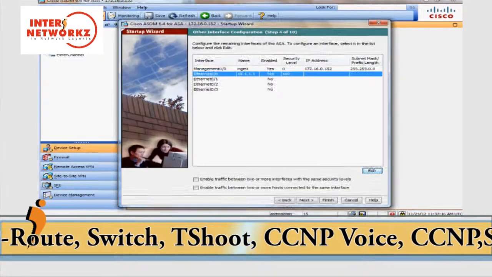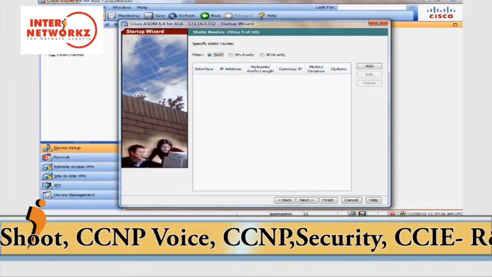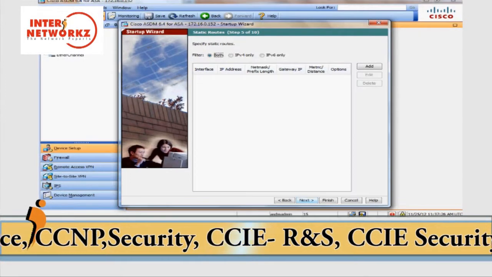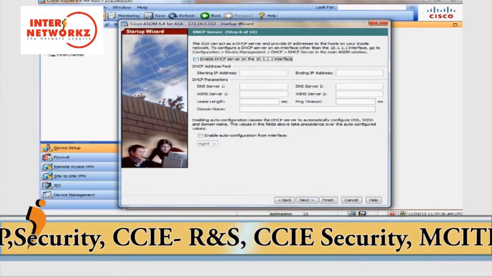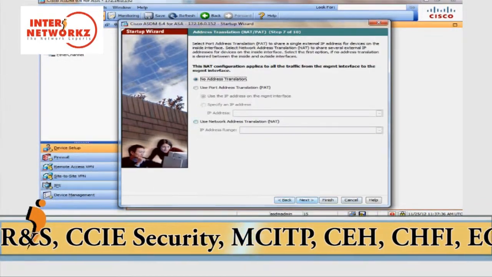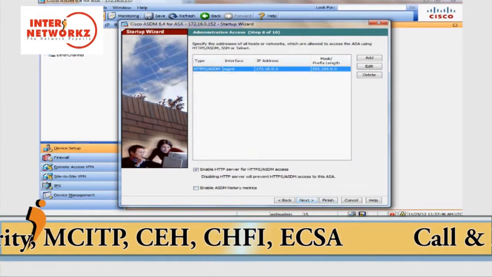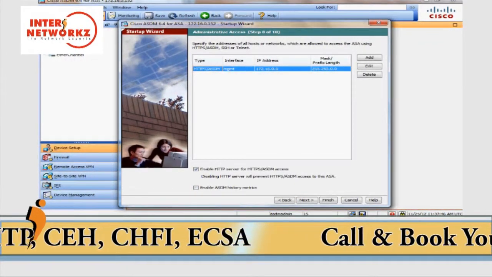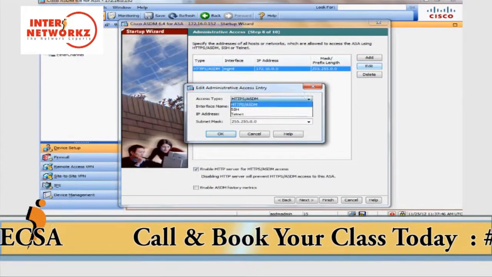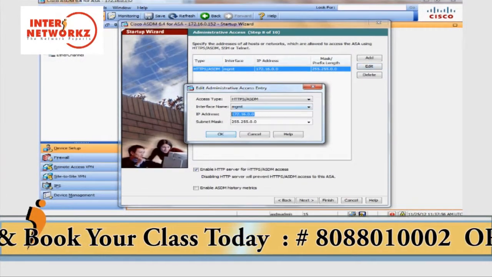Now click next, and this is for defining a static route from the firewall point of view. And this is also an optional window. You can click next, and it is asking whether you want to configure the DHCP server. Optional, you can click next, and this is for the NATing tab. You can click next, and it will ask where you want to allow users from, either from this subnetwork, for HTTP, for ASDM, we have to choose this one. So right now we allowed only on this MGMT interface, only this subnetwork is allowed to access HTTP as well